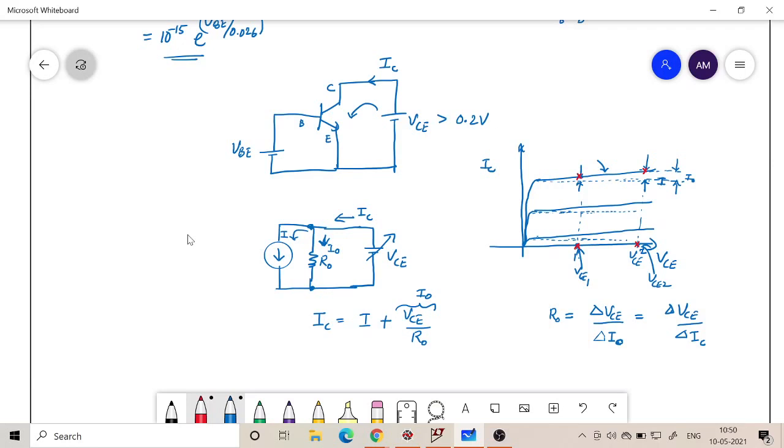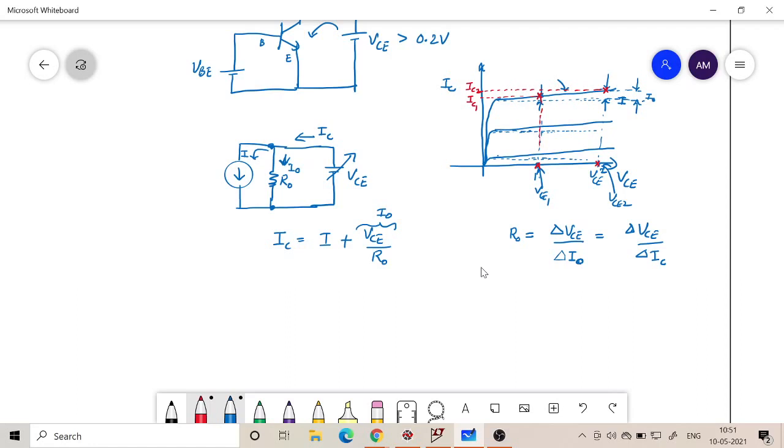Okay, you can choose any of these characteristics. So I am choosing a particular characteristic and take the corresponding current IC. So I will get the first current. What is this current? This will be IC1, and then the second current, which will be slightly larger, will be IC2. Okay, so I can now find out this ratio.